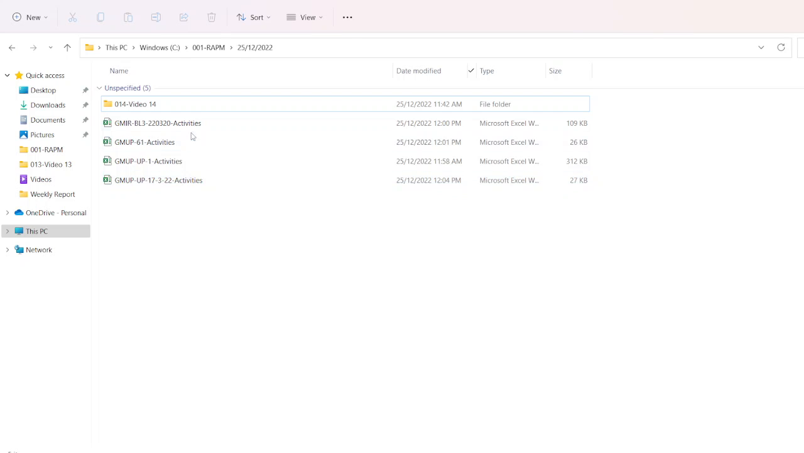Okay, now you can see here that we have 4 exports from Primavera, and these files are now confusing. Somehow you need to remember the project program names, or you have to write them somewhere. So it is confusing which is the main contractor program, which is the ID contractor, which is the landscape. So to identify these things,